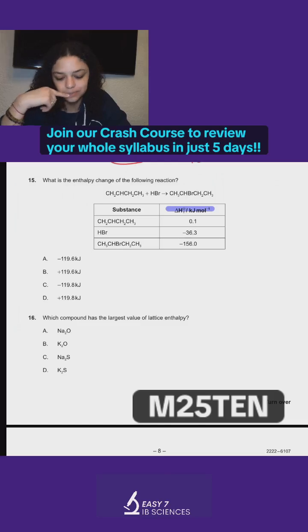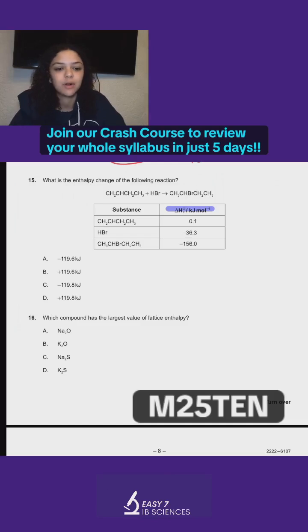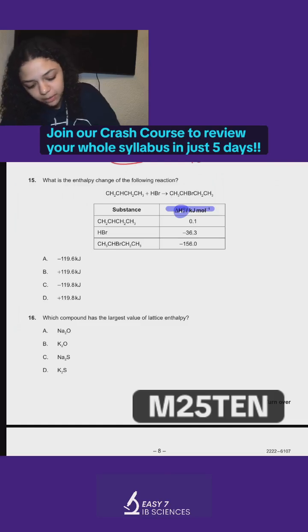Nice. Someone said the answer: product minus reactants. Exactly. It's always product minus reactants when we're looking at formation. Simple. So if this is my product, then this is going to be my product. And then this is going to be my reactant. This is my reactant. So what do you do? You do negative